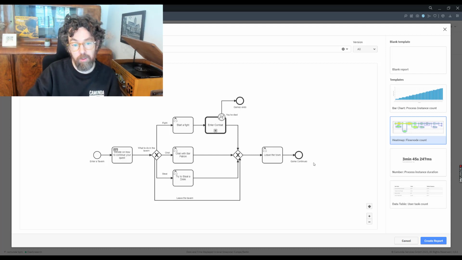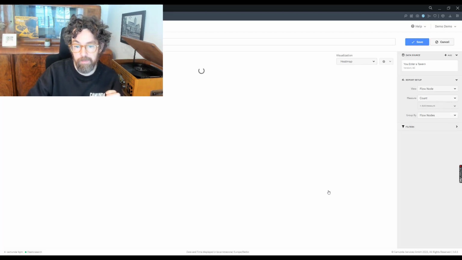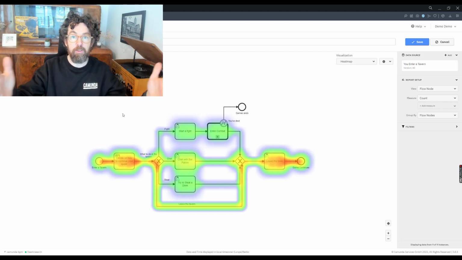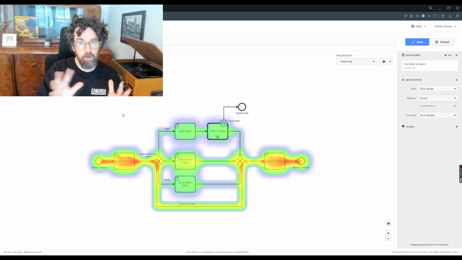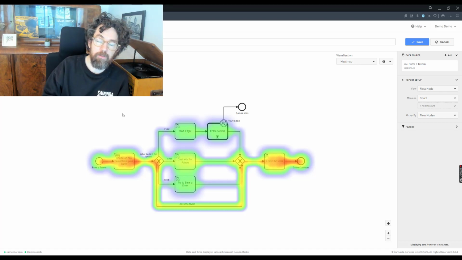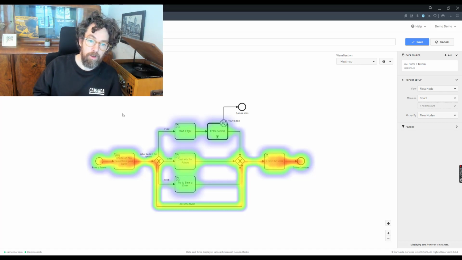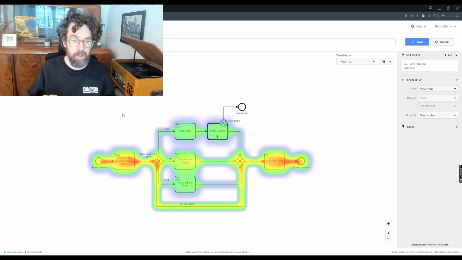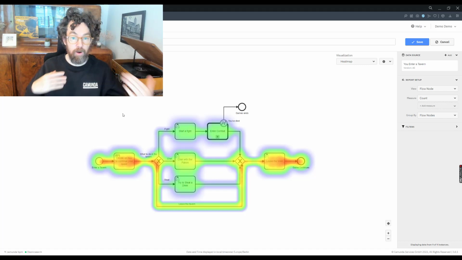And so now we've executed the process a couple of times, it doesn't really matter how many. I'm just going to select a heat map here. So this is a nice overview of what's going on. And this is usually pretty good from first start. But if you really are interested in reporting, milestones are incredibly helpful in order to work out things like which routes we take, how often we get places.